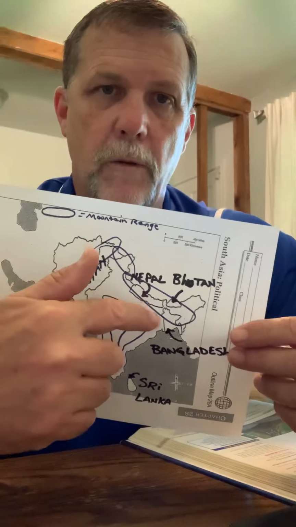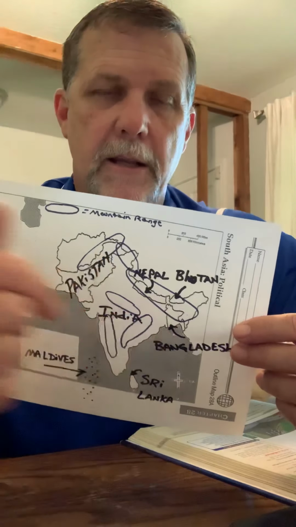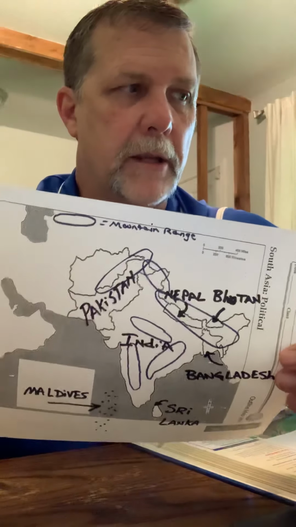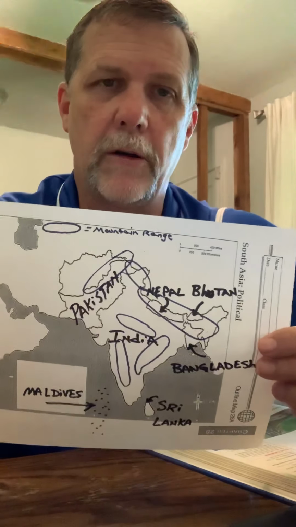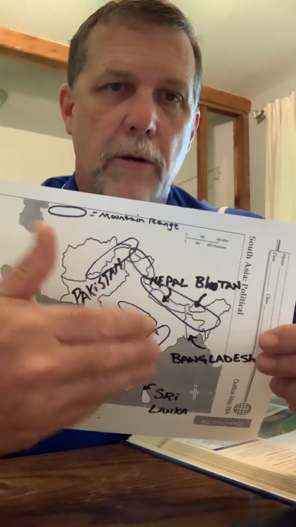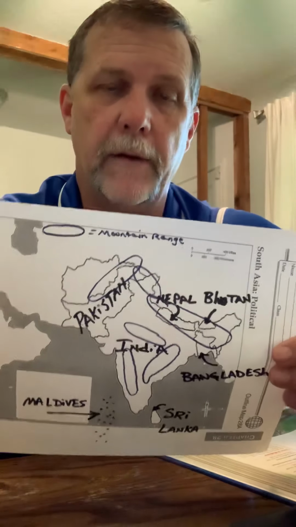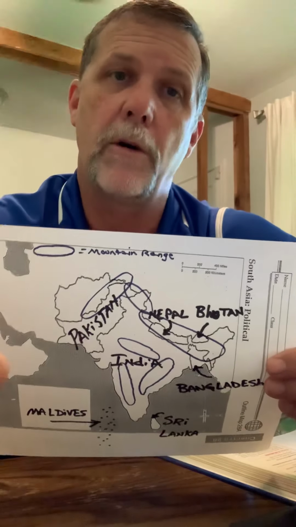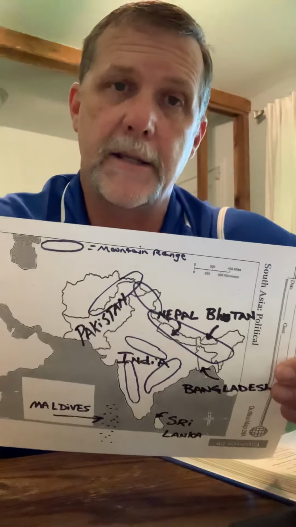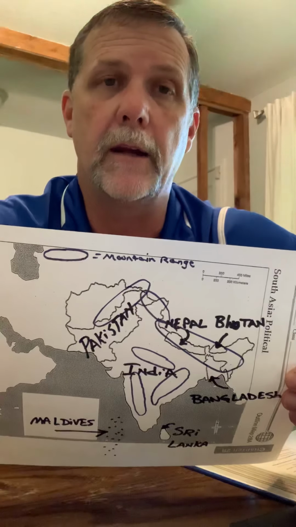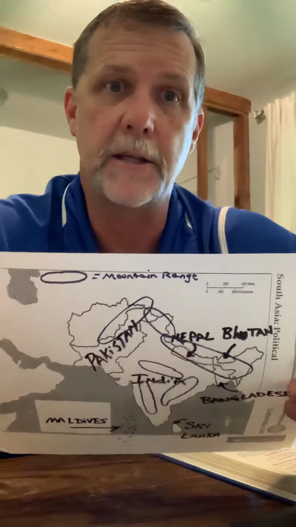The Ganges River works its way down here and empties into the Bay of Bengal. But the great majority of people in India, as you learned before when you were looking at the Unit 8 questions, are of the Hindu faith. And the Hindus worship lots of different gods or goddesses, and they believe that the Ganges River is one of their goddesses, and so they will worship the goddess of the Ganges River.